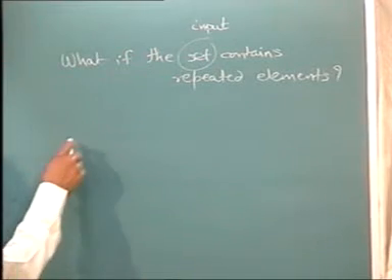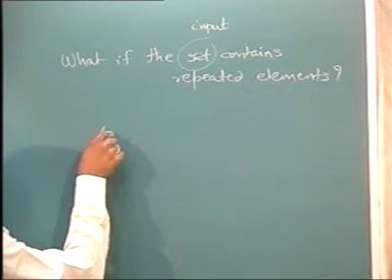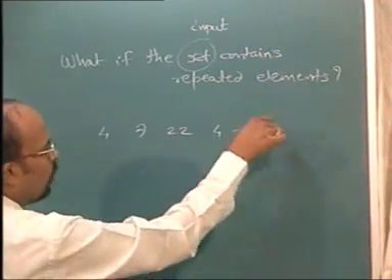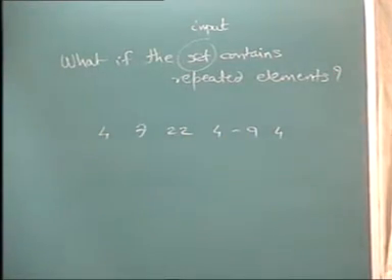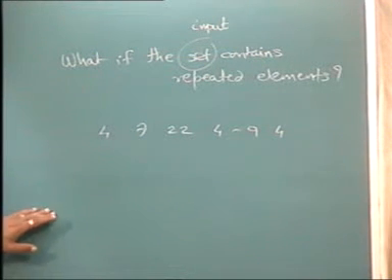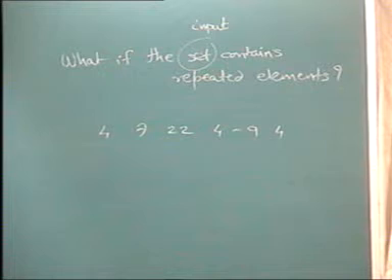That means you cannot have array A like 4, 7, 22, 4, minus 9, 4 like that. You cannot allow him to enter the same value. Because if that value is present, then it will be copied 3 times in the intersection also. If B has 4, then it will match 3 times in A and be copied 3 times. So how to make sure that the user does not enter the same value again? That was your question earlier.